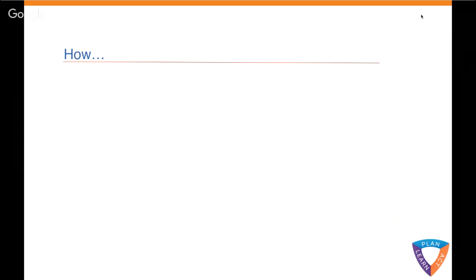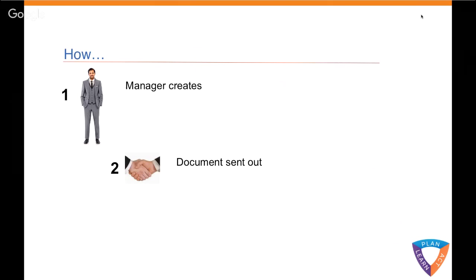So how should we do this today to be successful in complying with the law? Well, we potentially employ a manager, a health and safety manager, an operations manager, a project manager who will create the risk assessment, record the activity, and apply the control measures, turning that high or medium risk activity into a low or negligible risk. That manager then sends a document out to the workers, the contractors, the clients, to ensure that they know what we need in the business to be safe, and they can all do the same. And then lastly, that risk assessment arrives with the worker.